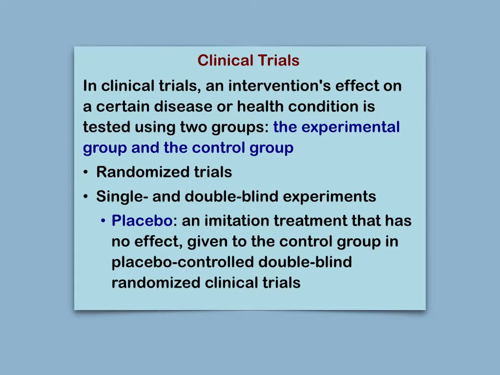So in a control group, they don't use the given new antibiotic, for example, on patients. They use a placebo. What's a placebo? An imitation treatment that has no effect whatsoever. It will be given to the control group. The so-called placebo control group would be a double-blind, randomized clinical trial. And then to the experimental group,